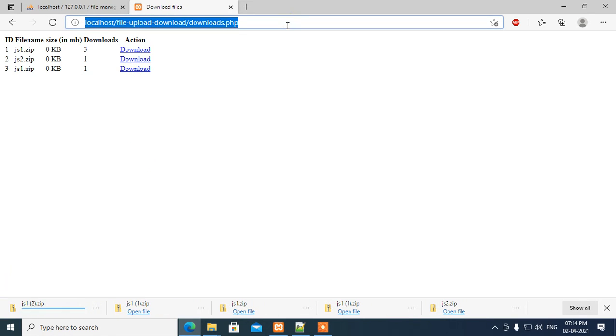I download it again and refresh it, and then you can see how many times I downloaded it. Here the size of the file doesn't display. Let's see how it can be displayed.